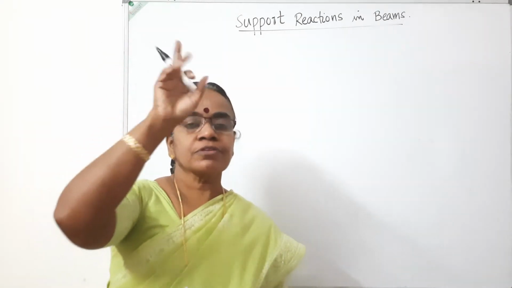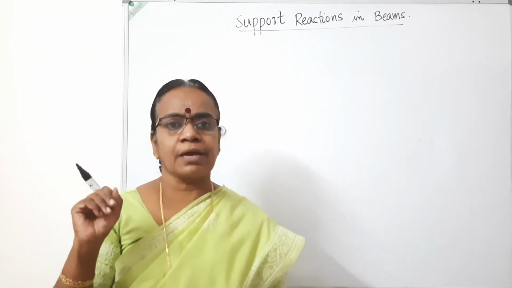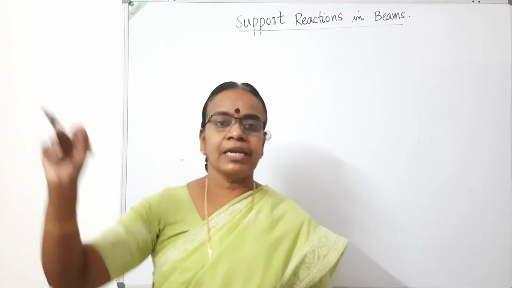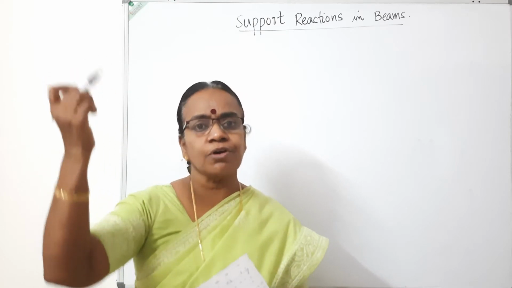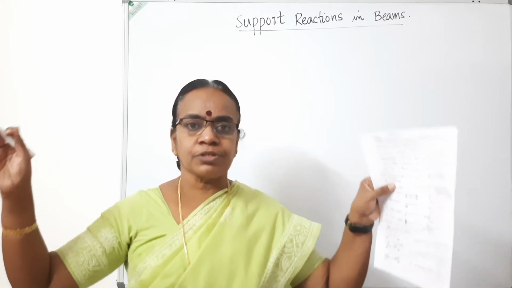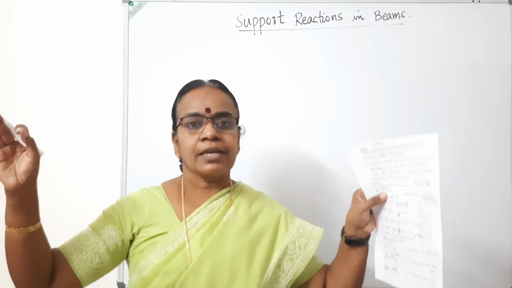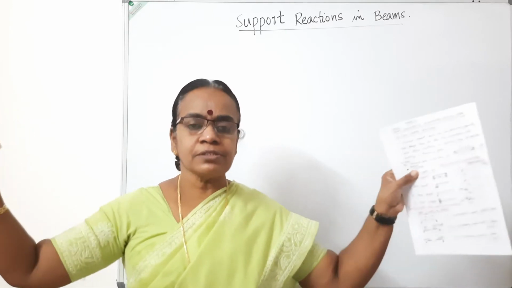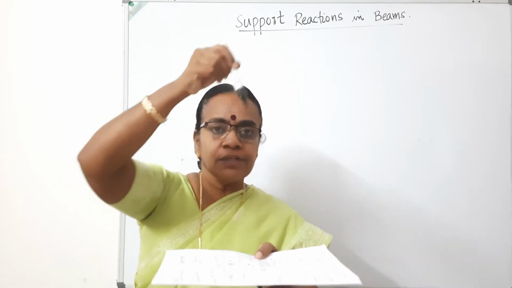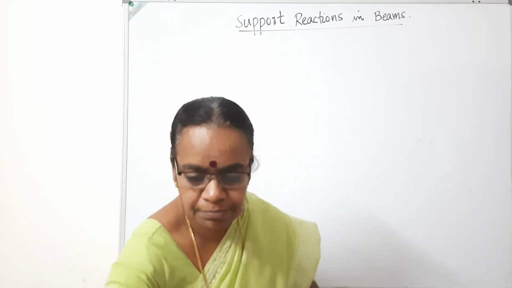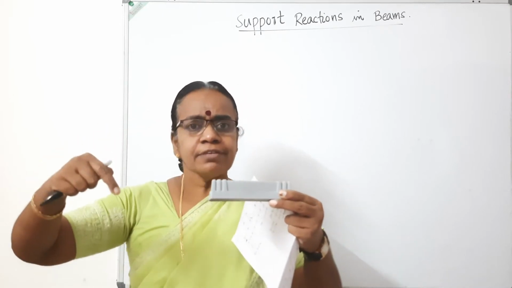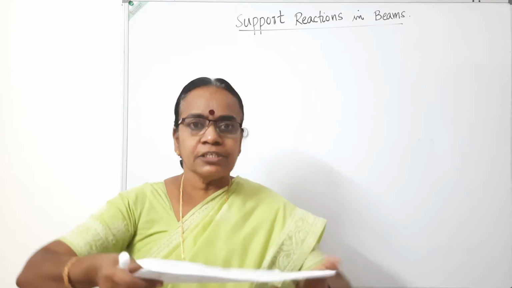You might have seen in all the houses, in all the residential buildings or any type of framed structure, it is placed horizontally. That is, its span or the length will be large compared to the cross-sectional dimensions. Cross-section means width and depth. So a member which is placed horizontally, and compared to the other two dimensions its length will be larger, and the loads will be applied normal to the surface. So if it's a beam, the load will be applied perpendicular to this longitudinal axis. As a result, when the loads are applied in this direction, it bends.